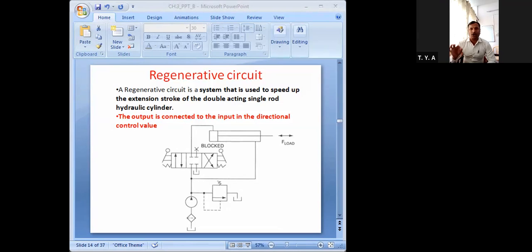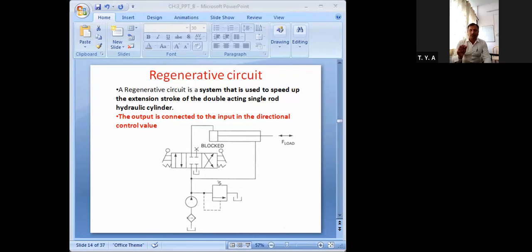Output means the fluid that exits from the rod end of the hydraulic cylinder, and that is connected to the input of the direction control valve. So it is called a regenerative circuit, operating on the regenerative principle. Getting it?